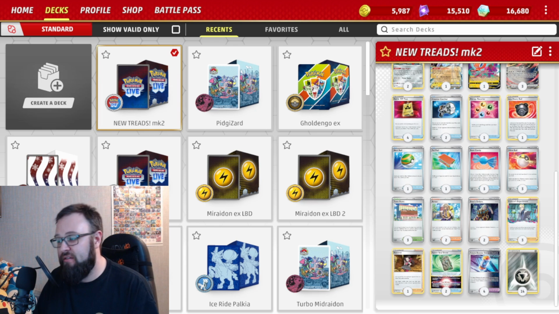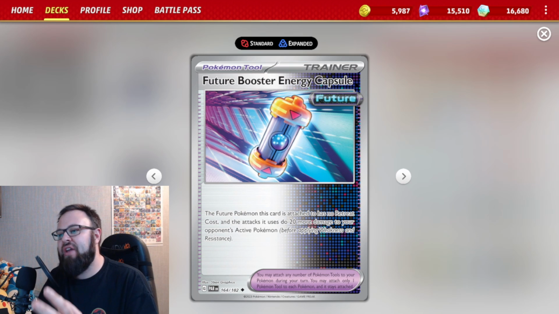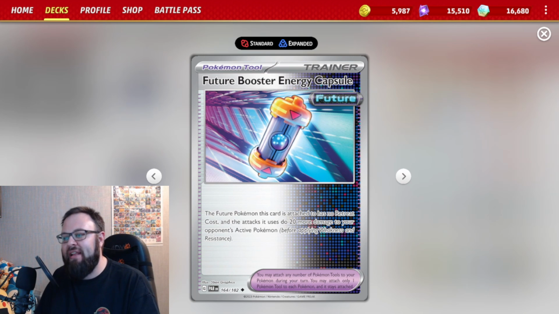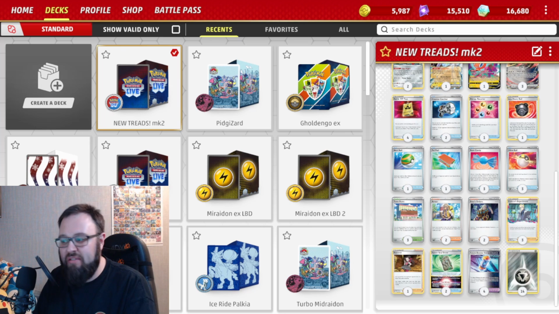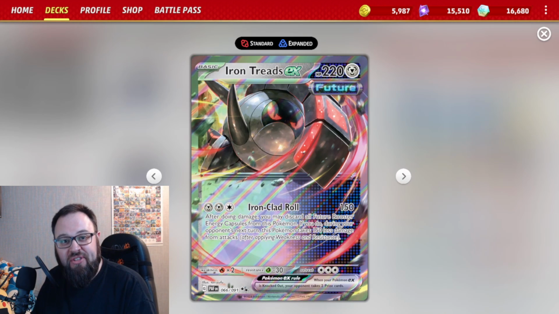2 Forest Sealstone for the Rotom or the Lumineon to guarantee some cards late game. But the big card that makes this deck click and work a little bit better than I first thought it would is the Future Booster Energy Capsule, which, yes, does add 20 more damage to attack, so you're hitting for 170 to start with. It's got a free retreat cost, which is great, but the big thing is to be able to discard them